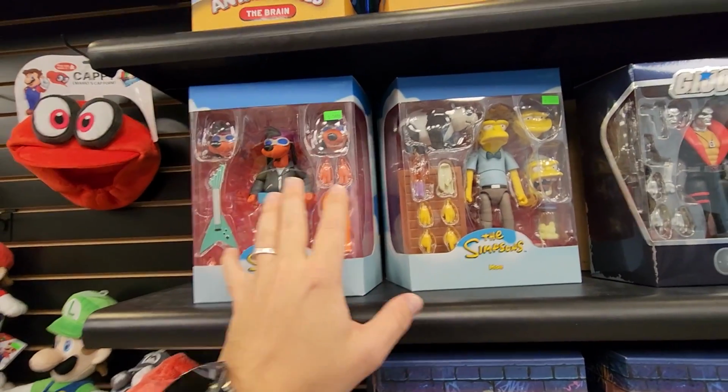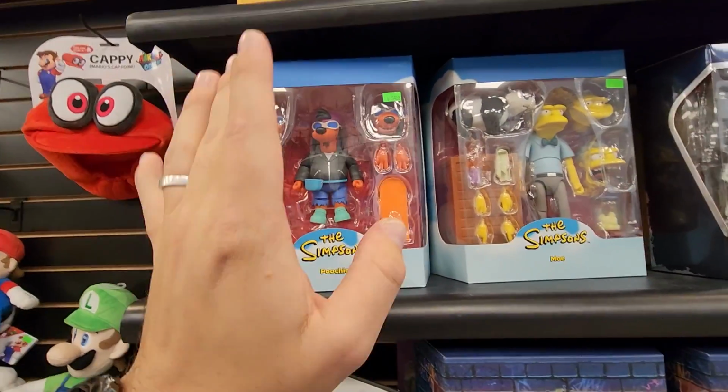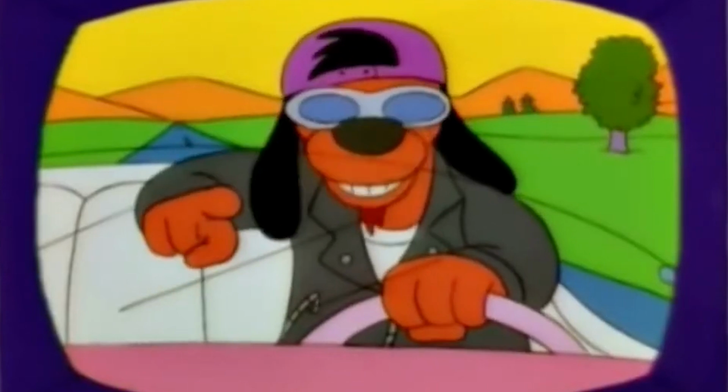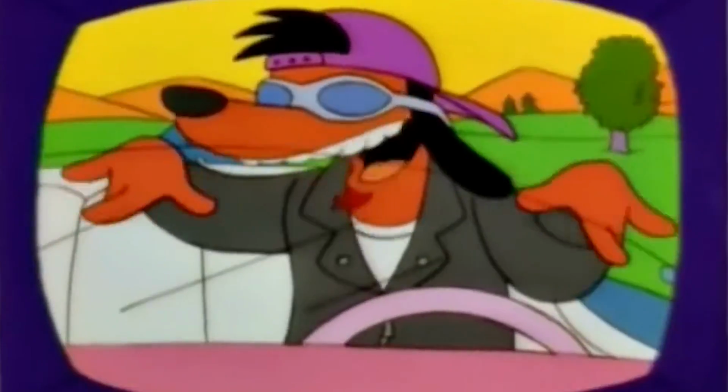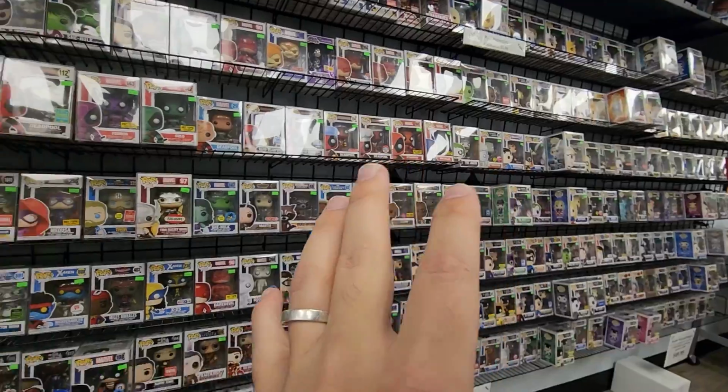I've seen them on Instagram before, but it's definitely really cool to see them here in the shop, and I've been debating on picking these up. I think these are great. Hey, kids, always recycle. To the extreme! Busted! Okay, and I think the last normal section that I haven't shown off to you guys is Marvel and